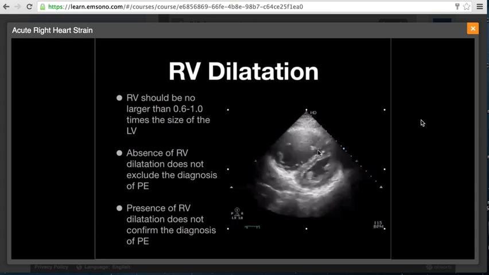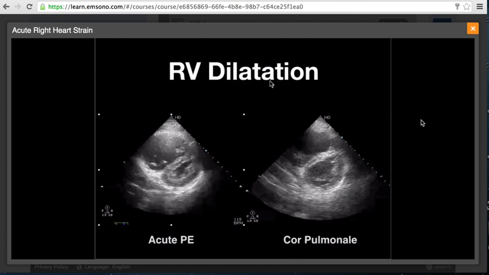But here was a patient who had an acute PE, and you can see there, just visually, even without measuring, that the right ventricle is massive compared to the size of the left ventricle. So looking at right ventricular dilatation a little bit further, here again is the case of the patient with a documented pulmonary embolism. You see the dilated RV, you can see paradoxical septal wall motion here, you can see flattening